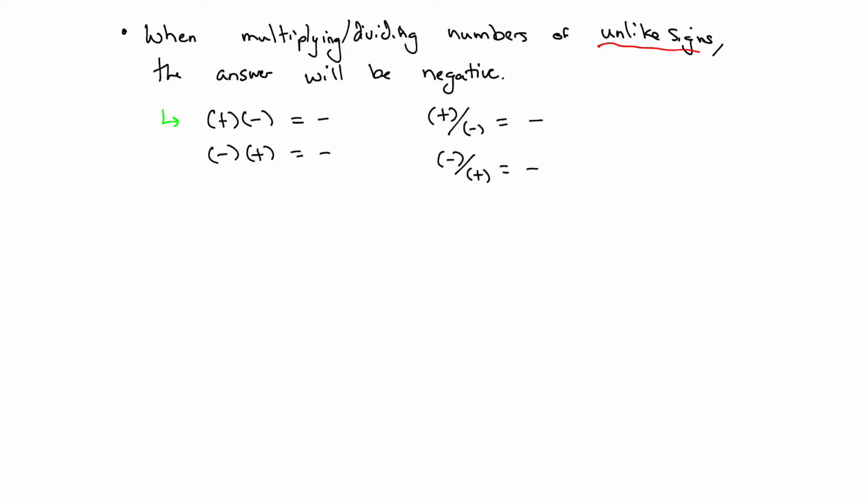So that's kind of the rule. If they're unlike signs, they'll be negative. If they're the same signs, it'll be positive. So, as an example,